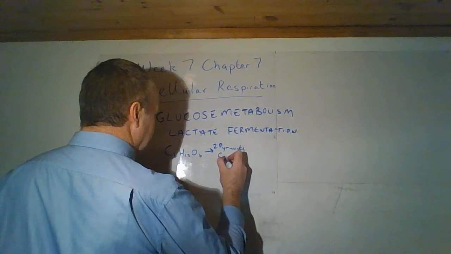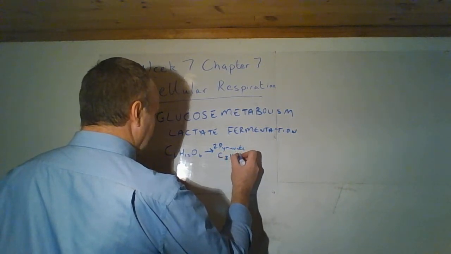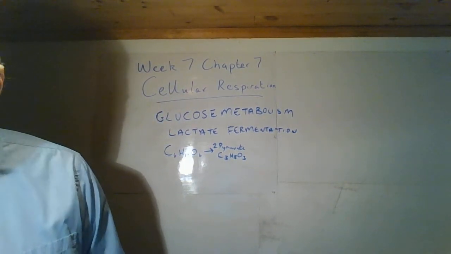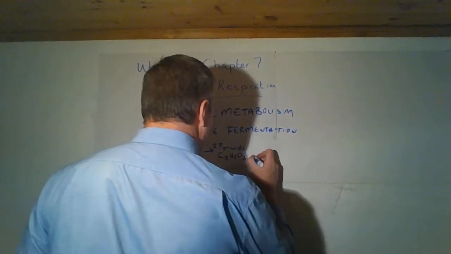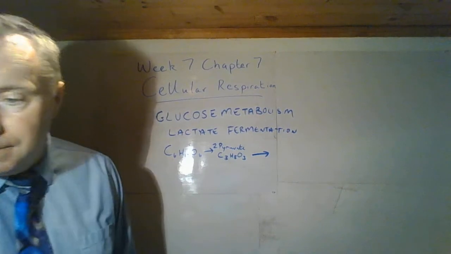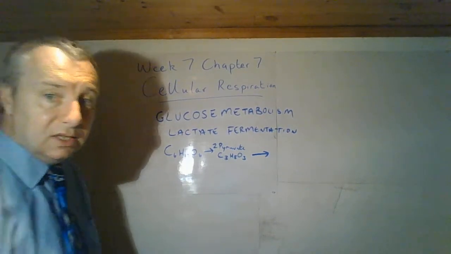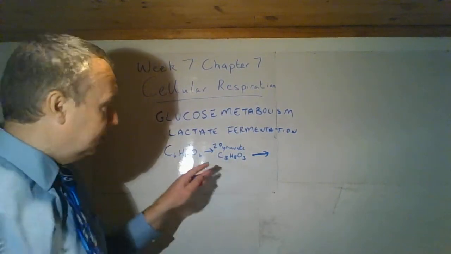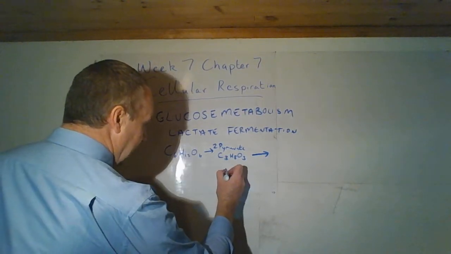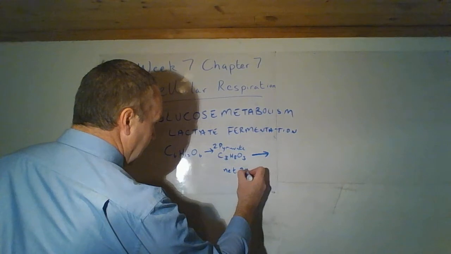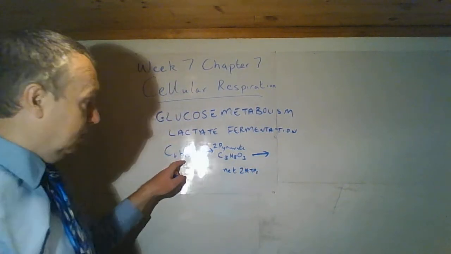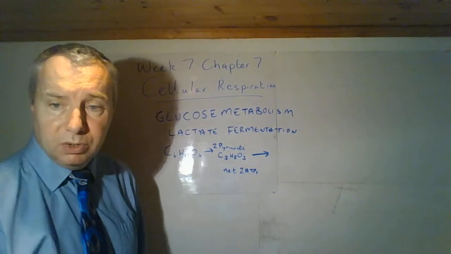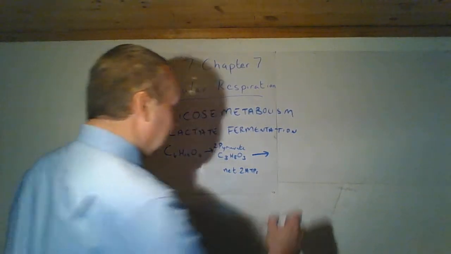Each one of them is going to be a C3H8O3, and those 2 pyruvates each become two lactic acids plus 2 ATPs, because again we got these 2 pyruvates and that gave us a net of 2 ATPs, because glycolysis occurred between here and here, and because we don't have oxygen, we're going to go straight into producing lactate or lactic acid,